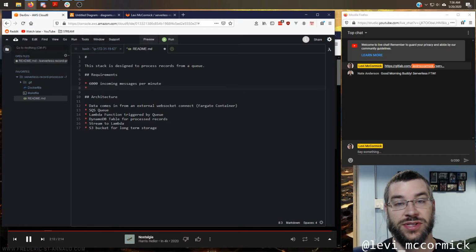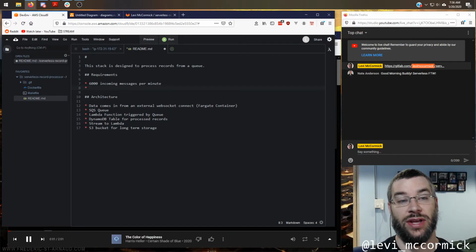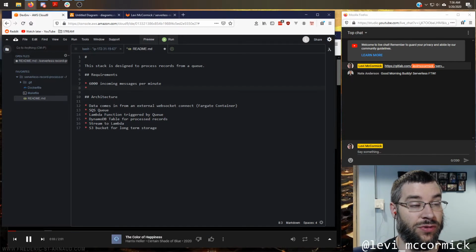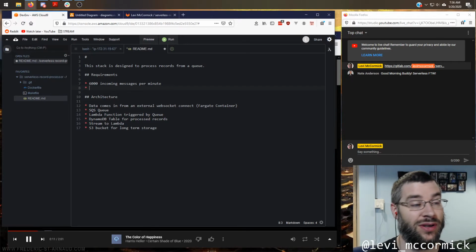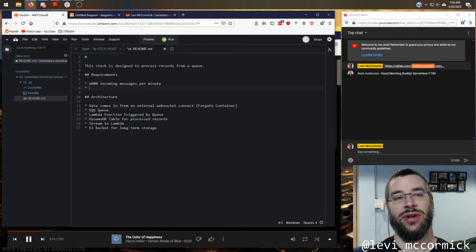Serverless helps us avoid a lot of that concern. In a serverless environment, really all you need to worry about is concurrency for the most part: how many things are happening at once.